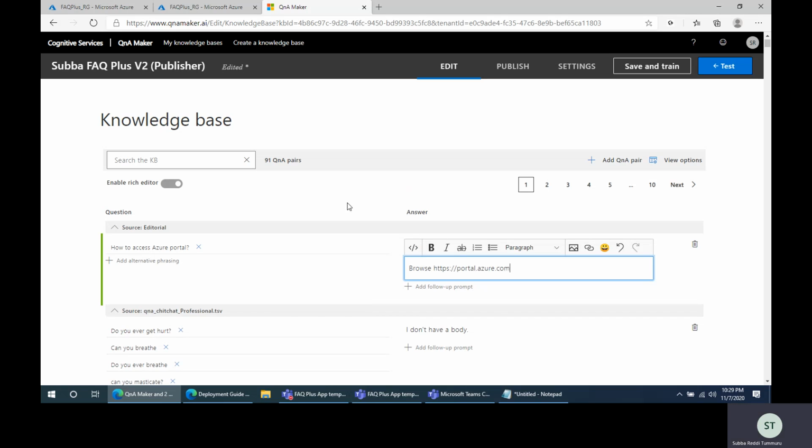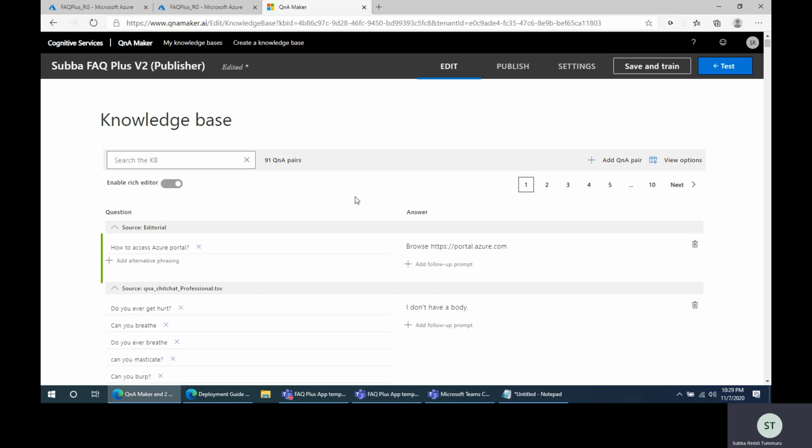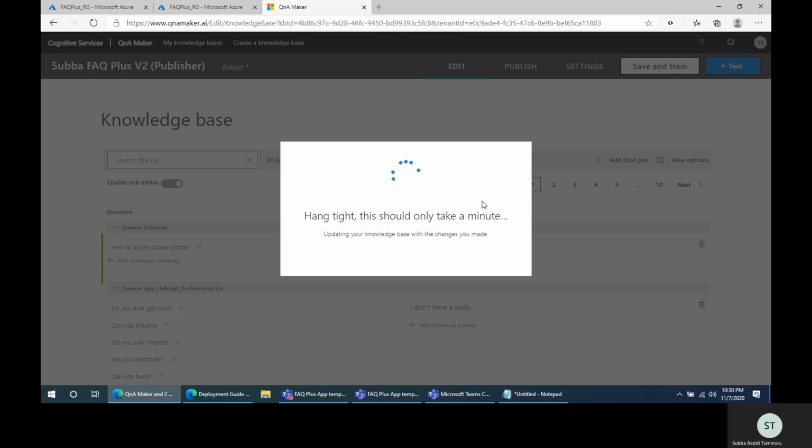This is a sample knowledge base I'm creating, but based on your requirement, you can even import your questions and answers into this knowledge base. You can update based on your requirement. Make sure all the details are uploaded, because based on the questions and answers available here, the user will be able to search for the question and they will be able to see the answer. And if the answer is not found, then only they can ask experts. So this is one of the questions I asked here. And for example, if I click on save and train,